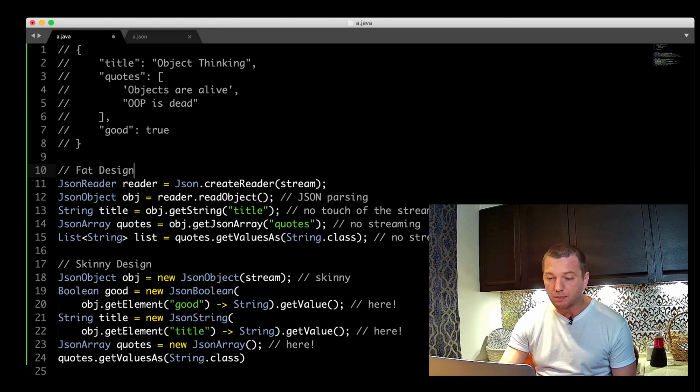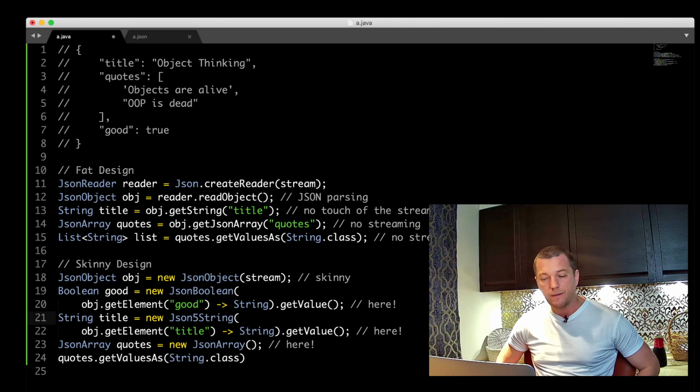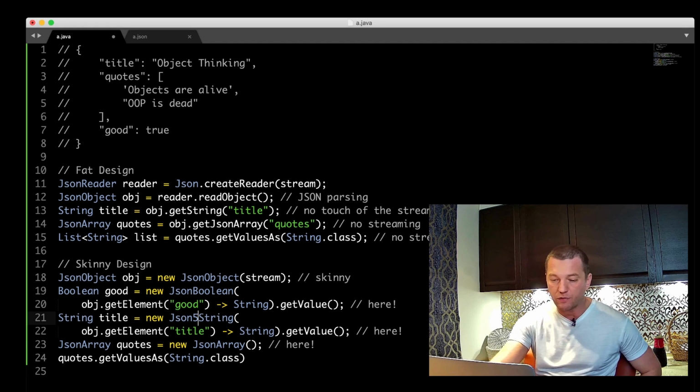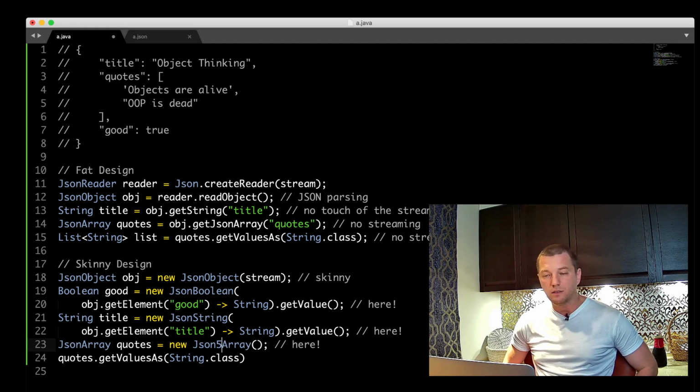In this case, it's possible. I change the way the JSON object works, maybe I don't even touch it. I only change this class, JSON string. I don't even change it, I create my own class. Maybe this one is coming from the library, so I create my own class and call it JSON5 string. And there's also a JSON5 array, which will understand arrays in a different format.